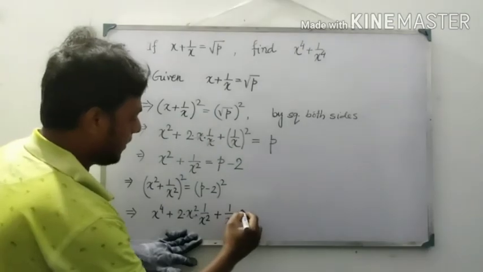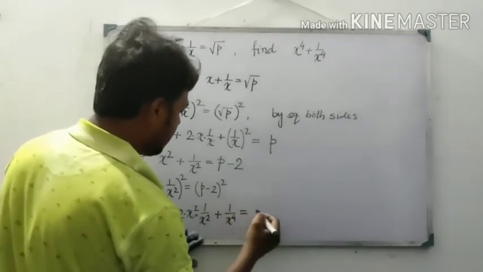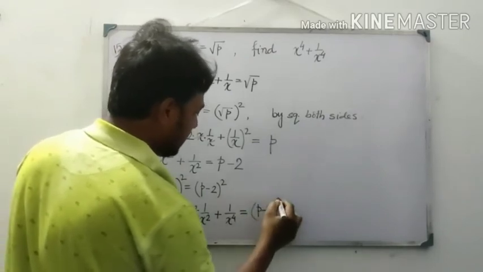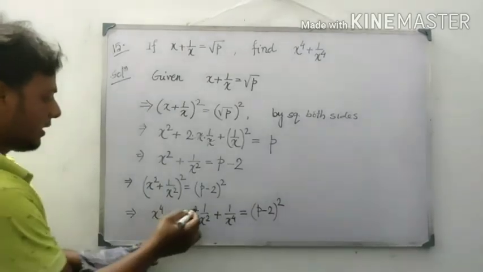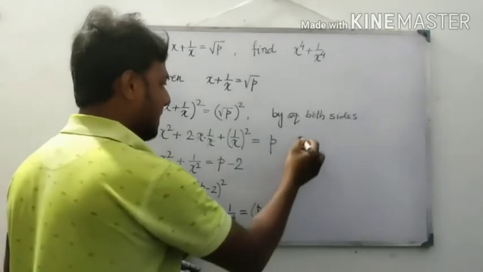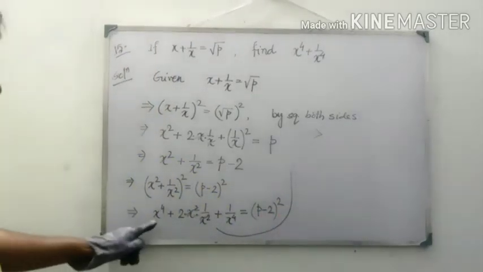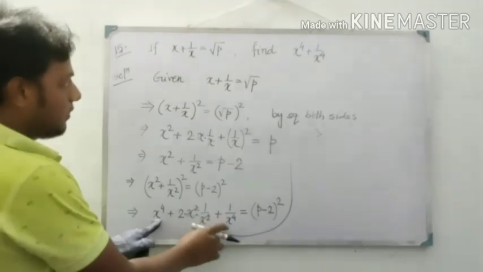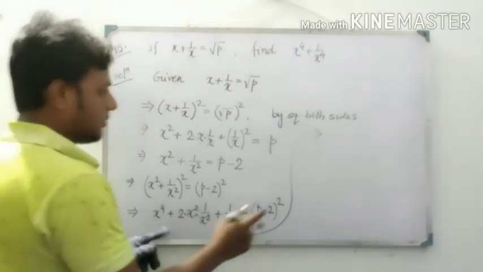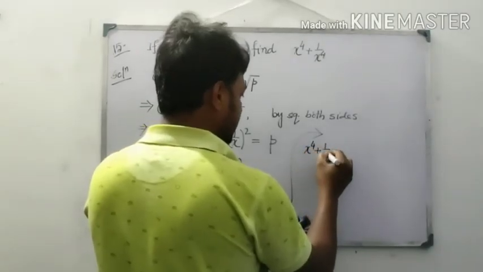Okay, equals to, no need to expand this part, you can expand it or keep it unchanged. Okay, here x square cancels out. After this line, our target is to calculate x to the power 4 plus 1 by x to the power 4. So we will make a group by using these two. So it is x to the power 4 on the left hand side plus 1 by x to the power 4,